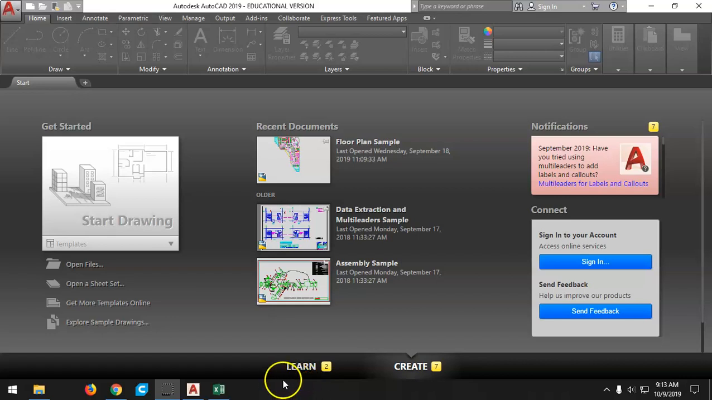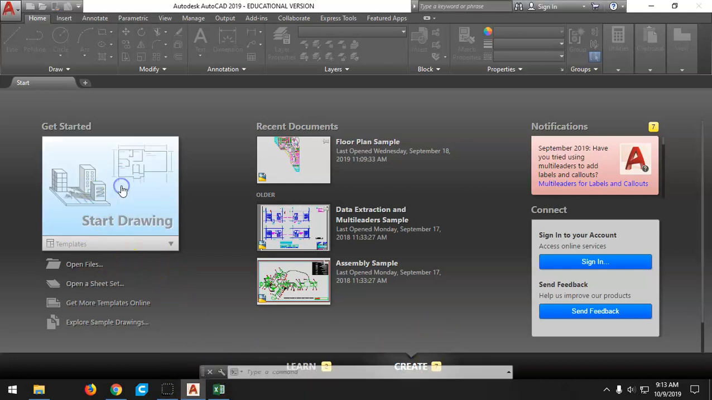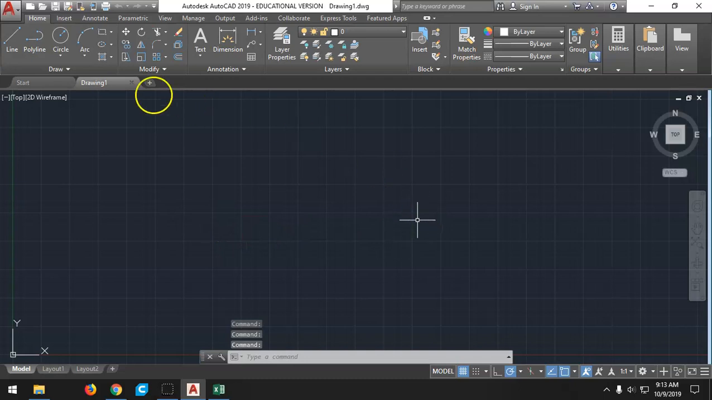All right, this is Shalimar Steinberg, and today we're going to be talking about title blocks, layers, and paper space. Okay, so I'm going to get started by opening a drawing here in AutoCAD, and I am going